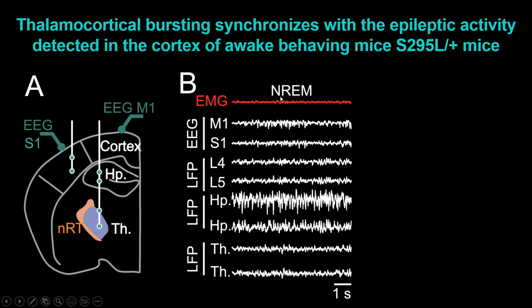And I'm going to show you how a normal activity looks like. This is from a heterozygous S295L mouse during non-rapid eye movement sleep. The EMG is flat because there is no muscle activity. The mouse is sleeping. And this is a normal, kind of flat,